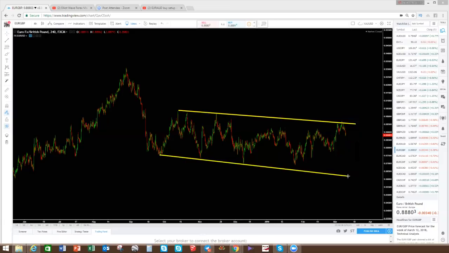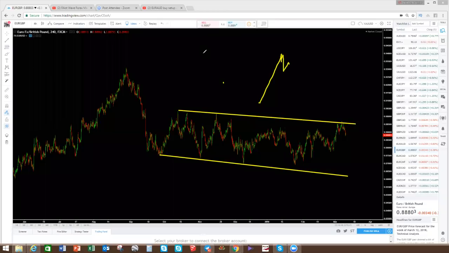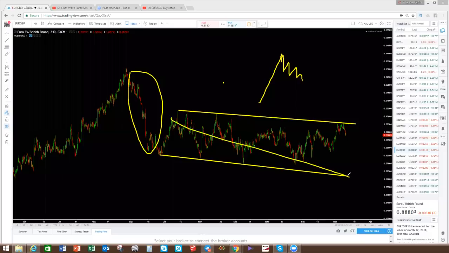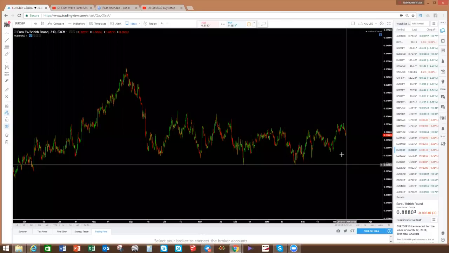This is not a correction. It's not correcting to the upside. A correction should be opposite the move. If this is your impulse, your correction should be opposing the move. This is your impulse. Your correction is not opposing the move. Okay. So short term